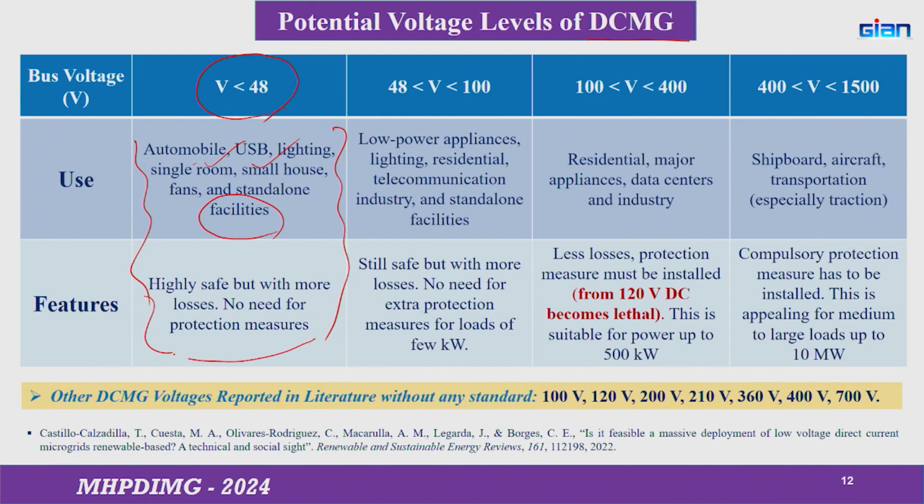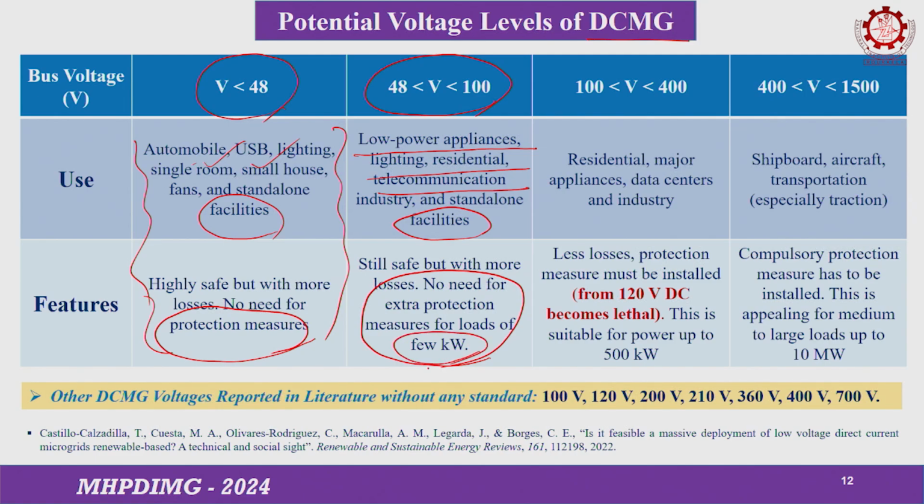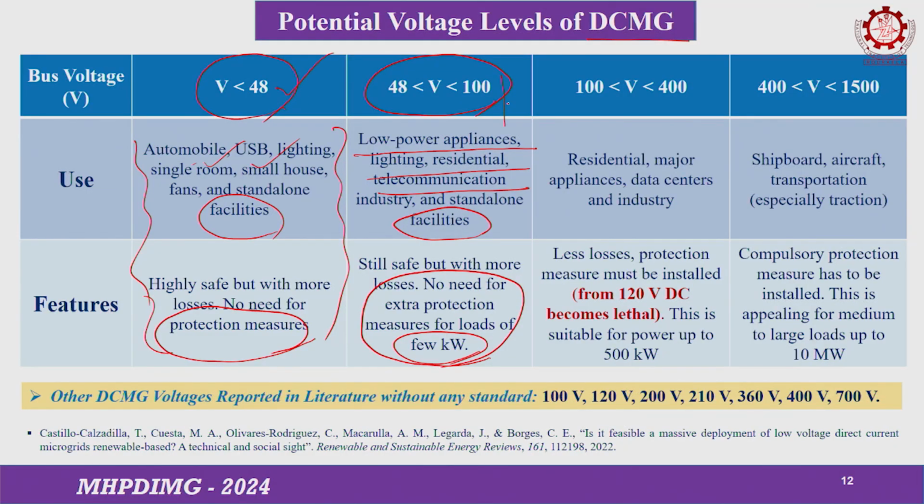So, we do not need any extra protection for it, and in the second stage the voltage level is between 48 to 100, where again it is for low power applications, lighting, residential and telecommunication industry, for standalone facilities. Okay. Here, as it is within 100, we do not need any extra protection. But the load we can go up to a few kilowatts, not more than that, because if we go for high power applications, the current will be very high. So, there we again need protection. So, till 100 volt, for the 48 as well as the 100 volt system, we do not need such proper protection,